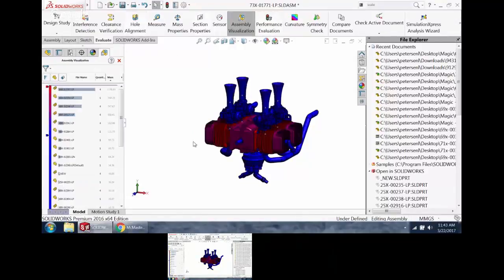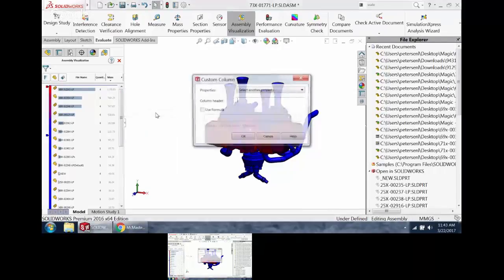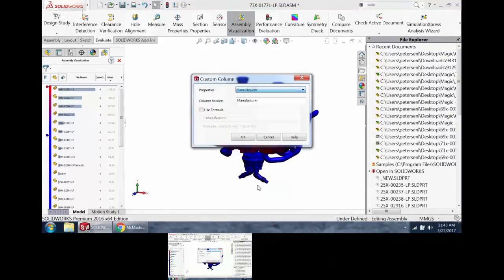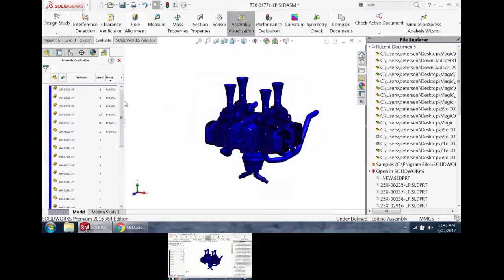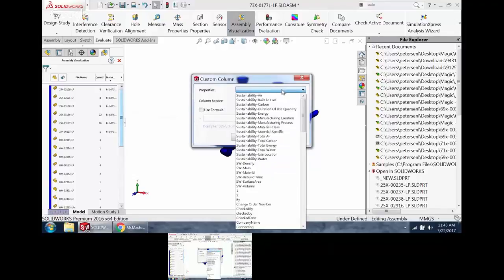More importantly, this assembly visualization can find out pretty much any metadata for you. If I click on here, you can see density, volume, mass, surface area, those are popular. If I click more, there are other choices. Like if I wanted to see what manufacturers are listed, you can see if people have put in that custom property and it'll list what the property is. Another one under the more, and these are two great ones for when you're trying to maximize your assembly rebuild time or refresh time graphically, there's one that shows you